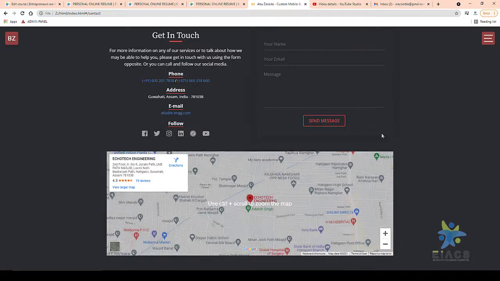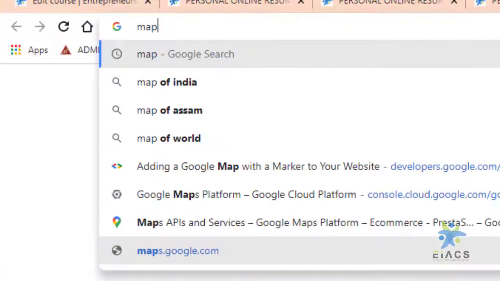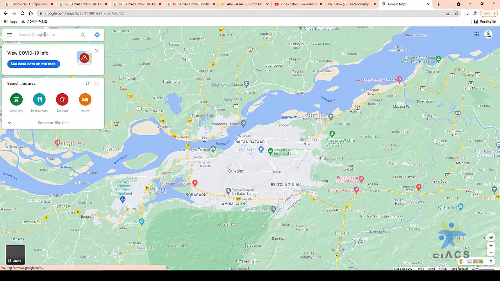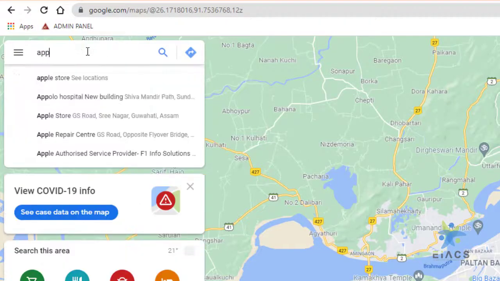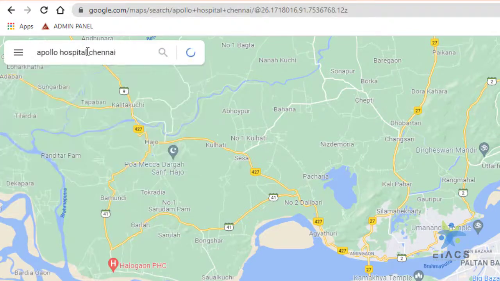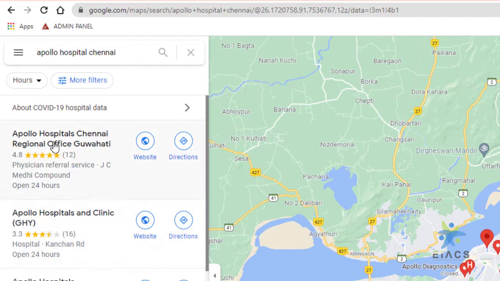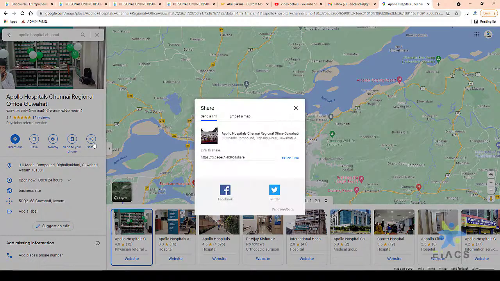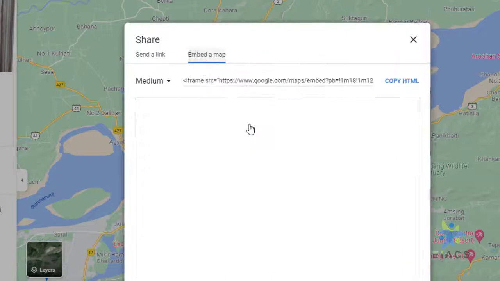And regarding map, how to go to map, you go to map.google.com. Okay, search for a place. Suppose I search for Apollo Chennai. Okay, I want to tag it to Apollo Chennai office. So now it is Apollo Chennai office. What I'll do, go to share, click share, embed map,